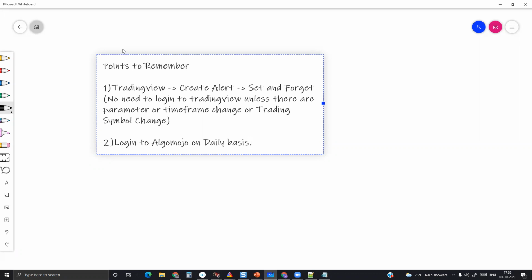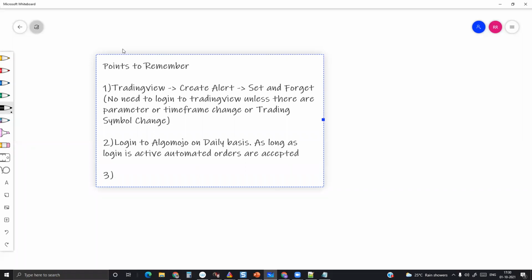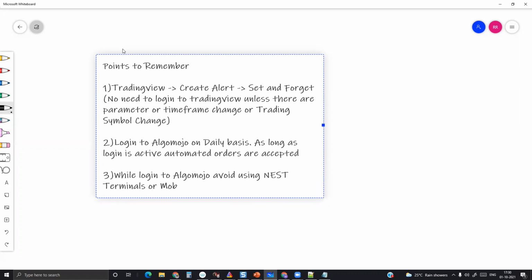So as long as the login is active, automated orders are accepted. This is one important thing. And number three, very, very important thing here, right? While logging in to AlgoMojo, avoid using nest terminals or mobile terminals.